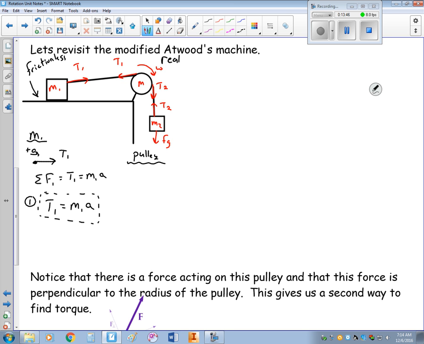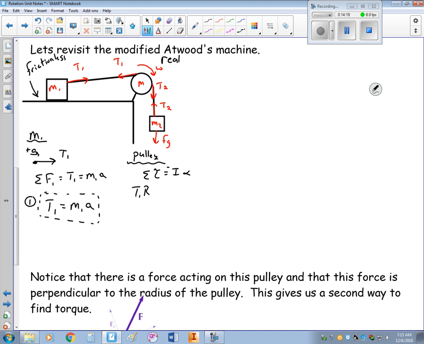So for the pulley, this time instead of a net force, we have a net torque. That's going to equal I times alpha. And since it is going clockwise, it's negative, because clockwise rotation is negative. Now, torque is a perpendicular force times a lever arm distance. So we have T1 as our force, and then the lever arm distance is going to be the radius of